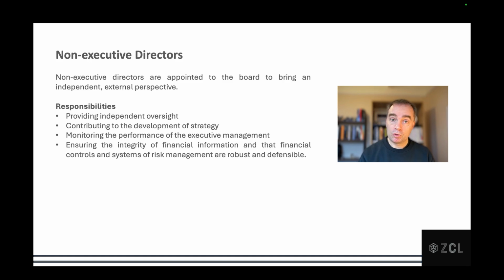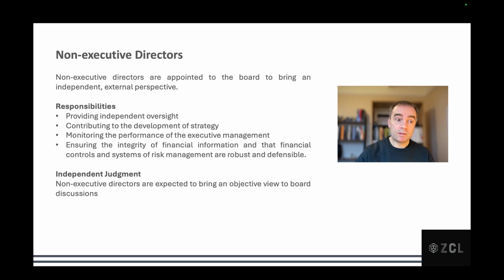Because if things don't go well for a company, directors are personally liable for some of the fines being struck off as a director, or could even lose the limited liability that is attached to the role of a limited liability company, which means that directors personally become liable for the debts that the company has incurred because the financial systems were insufficiently robust. So this is a very important part of the role of a non-exec director.